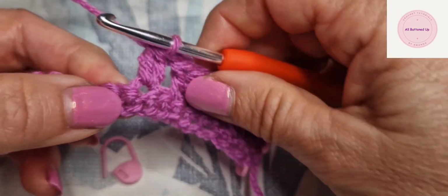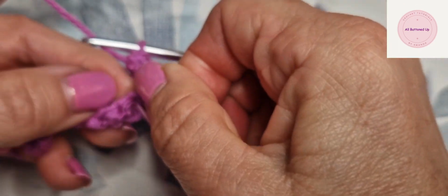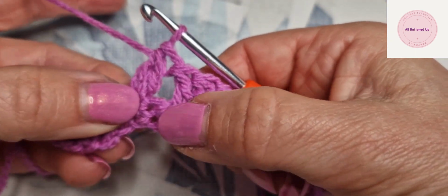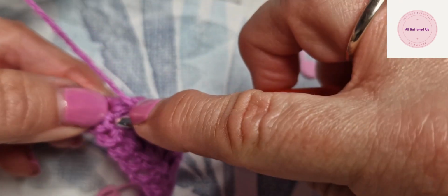Put your stitch marker in the next one if you need it. There, just till you get the hang of it. And then we are going back in our skipped chain, which is that one there. Same again, yarn over, insert your hook,